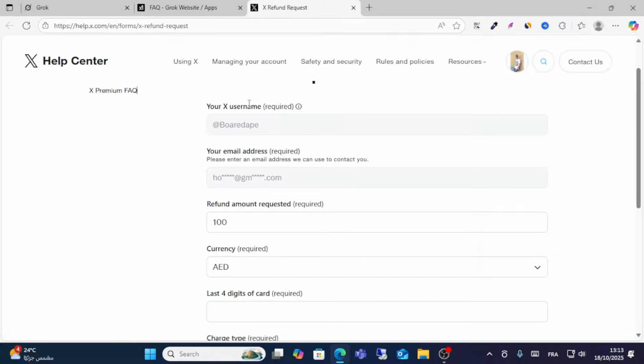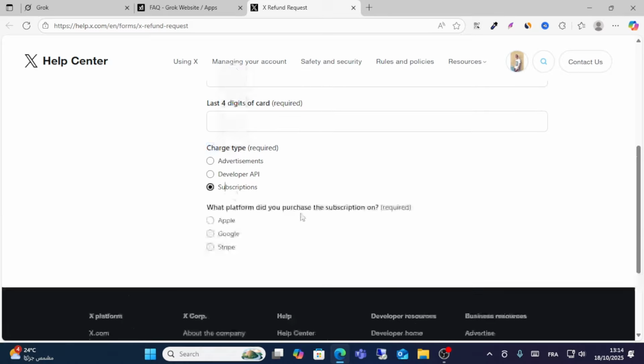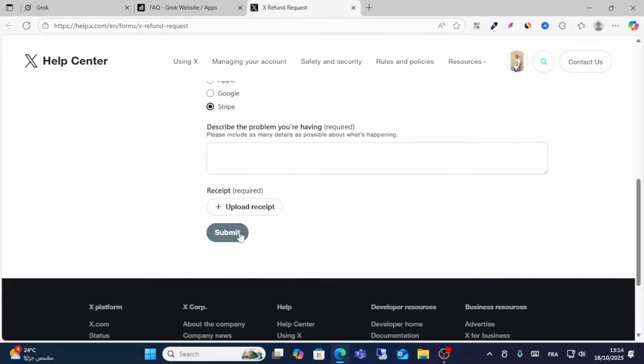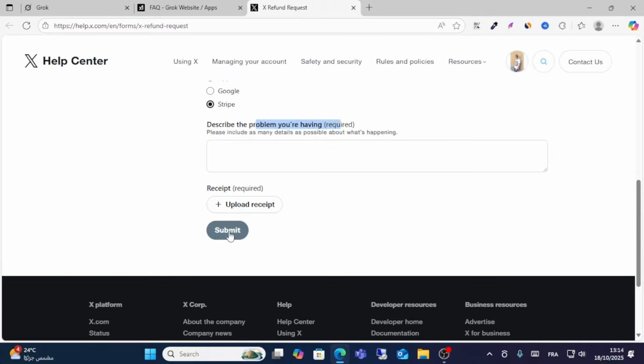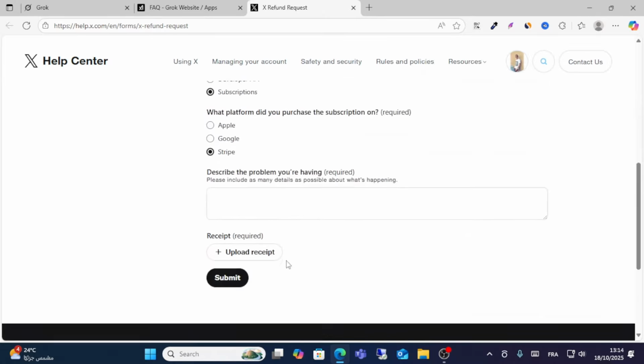From here, write your username, your X username if you have one on X. And then click charge type, for example, subscription. What platform did you purchase on, for example, Google. Choose Google or Stripe, and then choose your billing details that you have. And then click submit. Just fill in this whole form to get your cancellation or